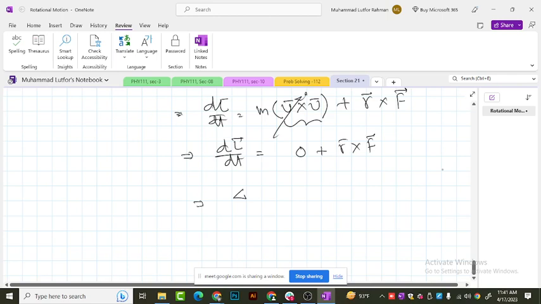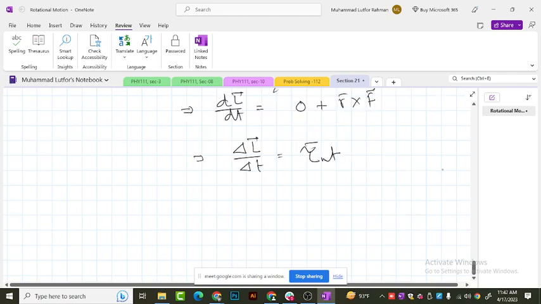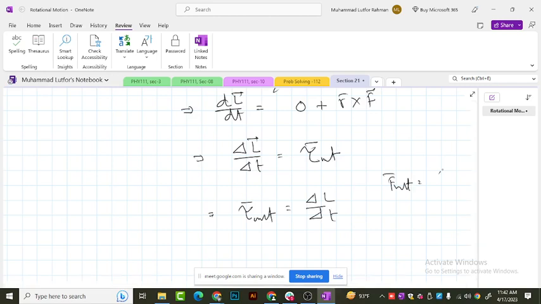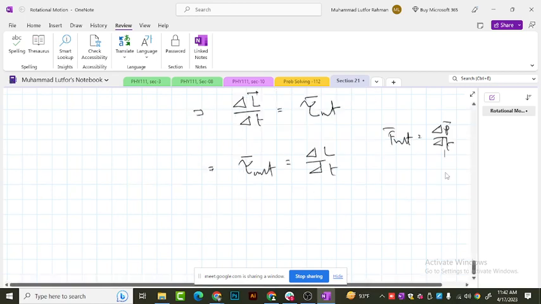That's why if you want to change the angular momentum of a system, you have to apply some torque on the system. It looks exactly like linear momentum. This is also the general form actually, that the net torque on the system would be dL over dt, which is exactly what we write in the case of linear momentum: net external force is dP over dt, right? And the same thing we can say, that if the torque is 0 on the system,